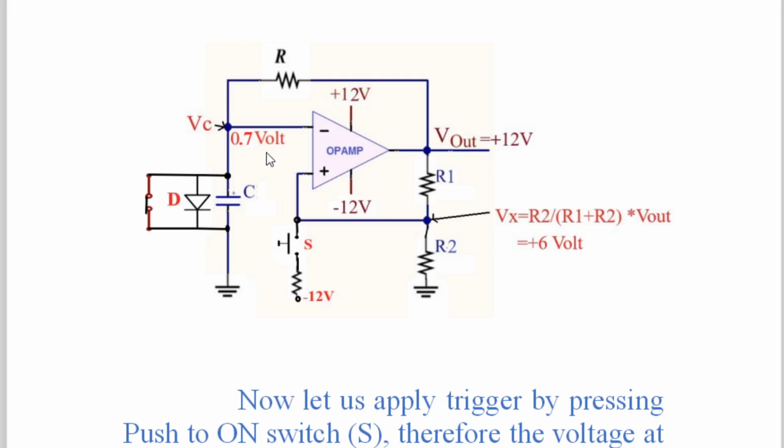So how to do that now? Voltage at the inverting pin is 0.7 only. Voltage at the non-inverting pin is 6 volt only. So we want to change the output voltage from plus 12 to minus 12 volt. And we know the solution. What is the solution? Voltage at the inverting pin should be greater than voltage at the non-inverting pin. Then only the output of the op-amp will go to LVL. Under this condition we cannot change this voltage, because as long as this is 12 volt, it is applied through R to the capacitor as well as the diode. The diode is forward biased, that's why this voltage is 0.7. So this we cannot change.